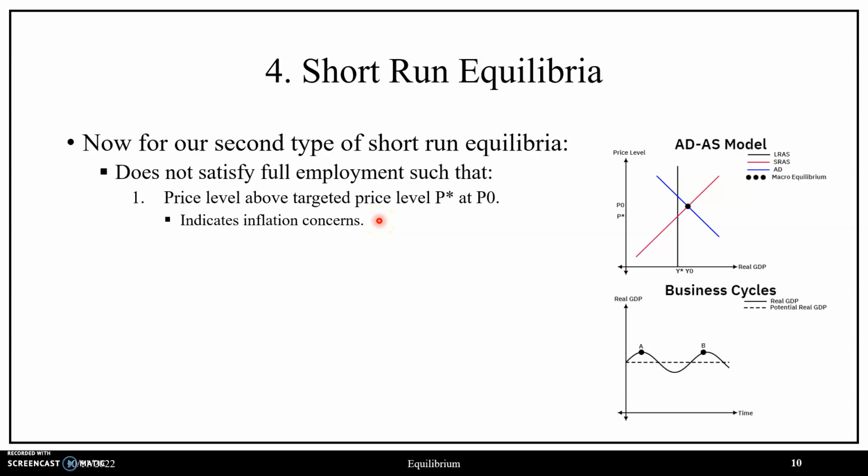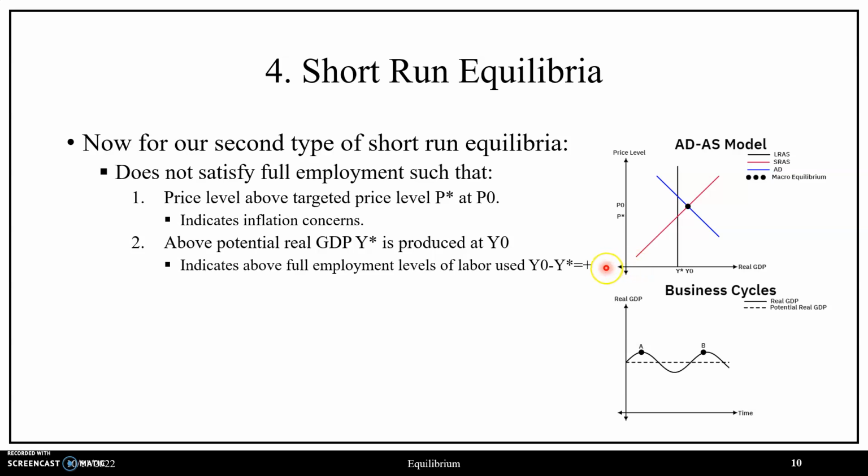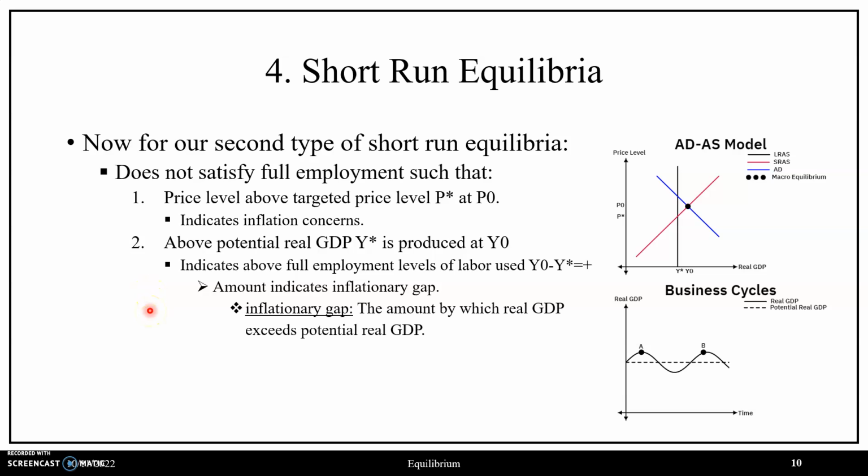price stability failing, where the way that we'll look at this with respect to real GDP to give us this indication is by looking at the real GDP level, where we also see that real GDP is to the right of long-run aggregate supply, in that this economy is producing above potential real GDP. So this inflation concern that exists in the economy is due to this economy overheating in terms of what it's producing, where if we were to take the difference between Y0 and Y star, we'd see that the difference is positive, where this positive amount indicates that there is an inflationary gap, which is the amount by which real GDP